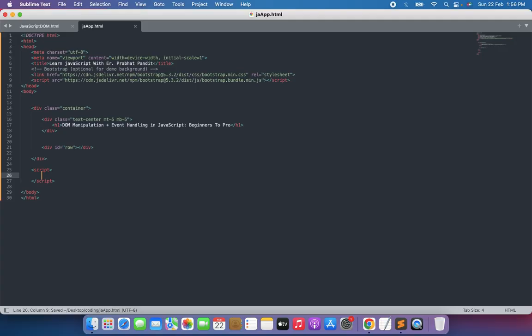Now first of all, I'm going to create one array of objects. Let me create one const first. I'll say const users equal to, an array of objects. I can give the ID as 1, and the name as ER Prabhat Pandit,